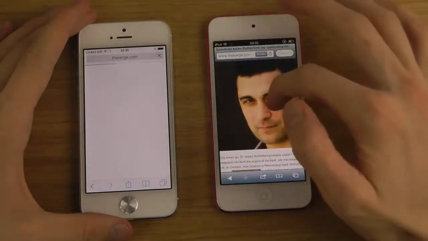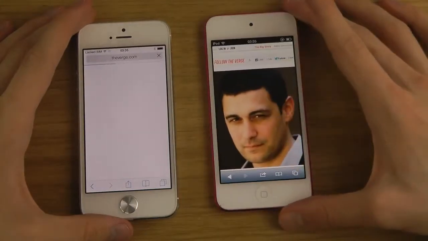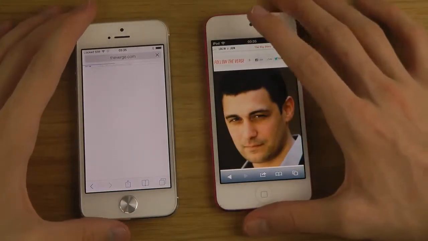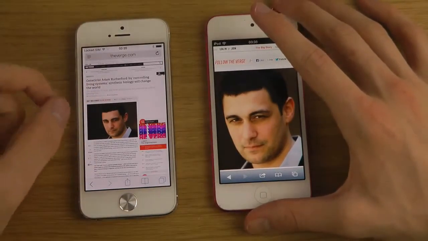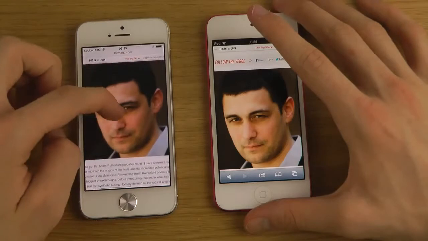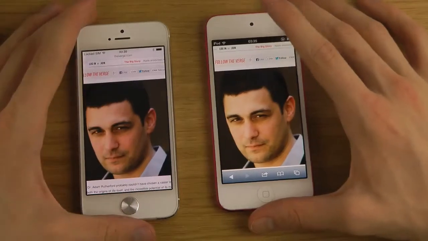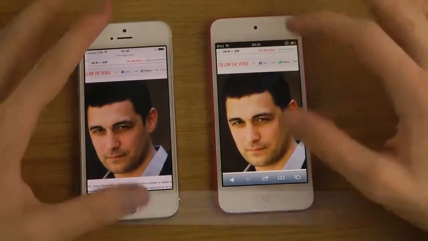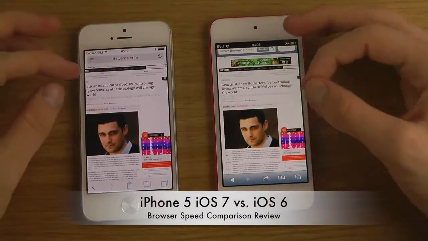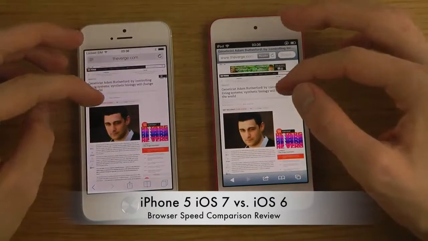There we go. So it loads up very quick here on iOS 6, but of course that may be a little bit stable. iOS 7 right now may be a little bit unstable, of course, because it's the new stuff. You can see here a little bit different colors here on the two guys, or it's actually the same guy. And in case you didn't know,